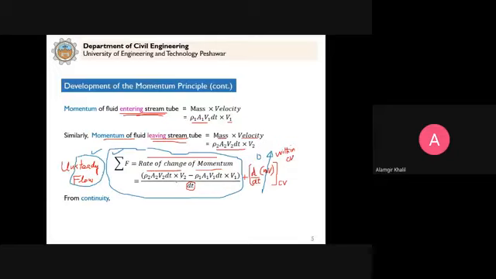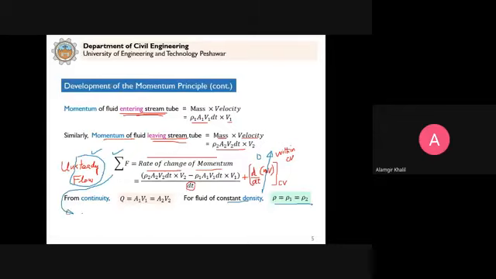Now from continuity, we have Q equal to A1 V1 equal to A2 V2. And if we consider the fluid of constant density, then rho 1 and rho 2 are equal to rho, and for steady flow this equation becomes summation of F equal to rho Q into (V2 minus V1),